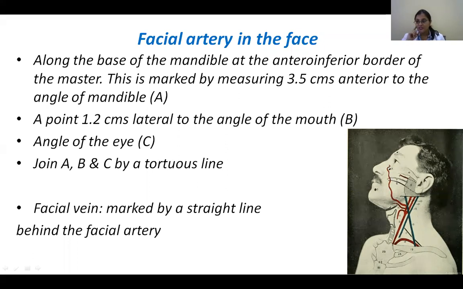Okay? And what is the importance of knowing the facial artery? One is the pulsations. You have to feel your facial artery pulsations at times in some procedures, especially plastic surgeons and cosmetic surgeons, whether for a cosmetic purpose or some medical issue. There are things called fillers which they inject into the face to give it a better look, especially in old age. Fillers are given here and here to make the person look young. When fillers are injected, the most important thing is your artery, so you have to be careful about it.